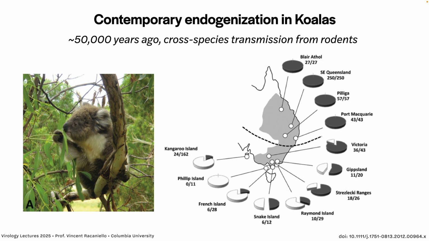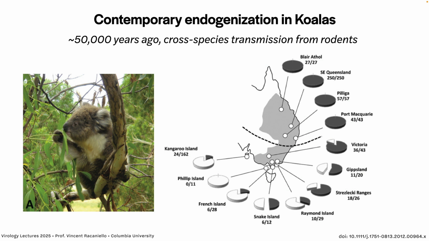Endogenization. In us, it happened hundreds of thousands of years ago, but it's happening today in koalas. So we can watch it actually happening. Koalas, of course, are native to Australia. If you see a koala in New York, it's coming from Australia or was bred here for a zoo, right? But they're native to Australia. 50,000 years ago, there was a transmission of a retrovirus from a rodent to a koala in Australia. And that virus has spread through the koala population. We know this because it immunosuppresses the koalas and they get various infections and die. So people are very worried about this. If it were neutral, we would never know this.